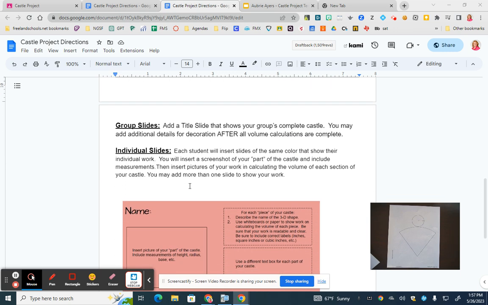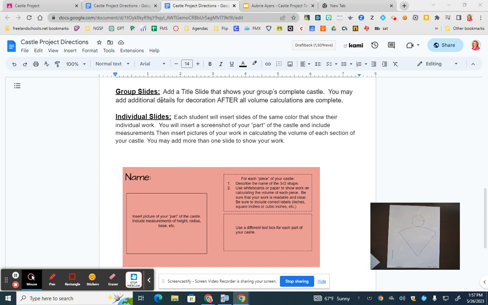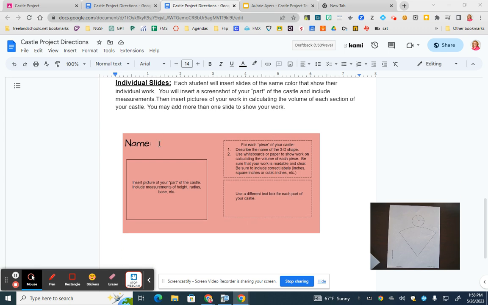The way you're going to present this project is through Google Slides. So you're going to take a group slide at the beginning, which is your title slide, and it will have your complete castle all together. And you may add additional decorations after all the volume calculations are complete. So if you want to add some ropes or a flag or a tree, you certainly can do that. And then each student is going to pick a color, and you're going to insert slides of the same color,